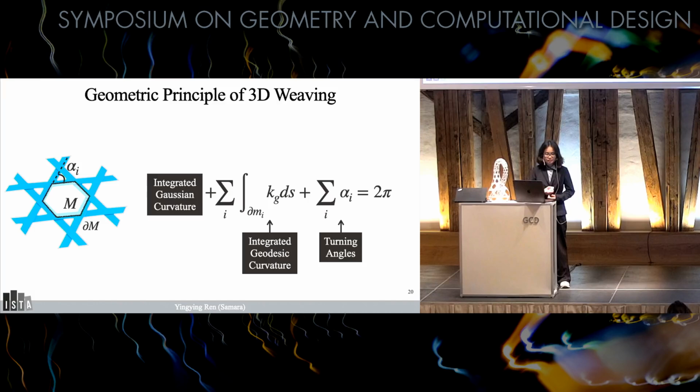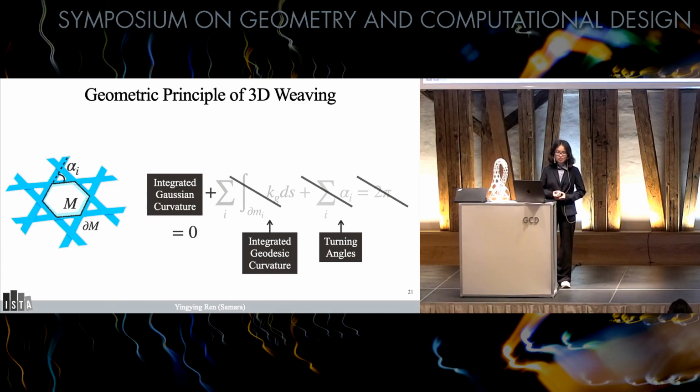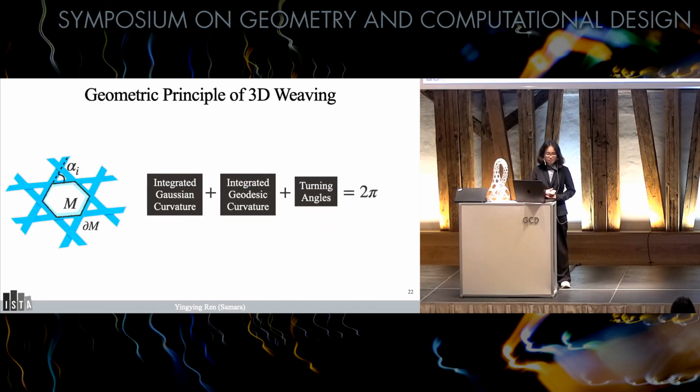In particular, since we're currently looking at the unit patch with straight ribbons, the geodesic curvatures are 0. And the turning angles of a planar polygon will sum to 2 pi, which cancel out with the right-hand side, which leaves that the integrated Gaussian curvature is 0, and that matches with what we began with, a planar weave. But now that we understand this relationship between Gaussian curvature and geodesic curvature and turning angles, we can start to